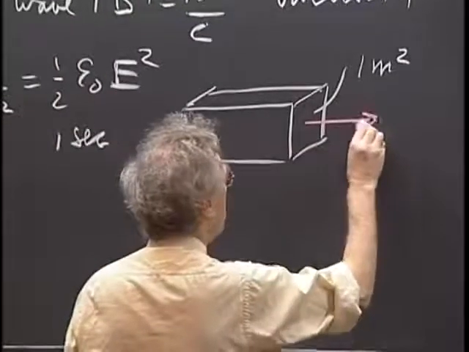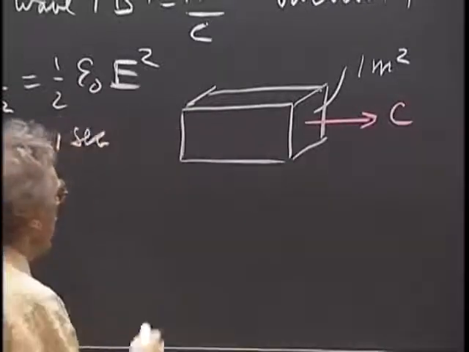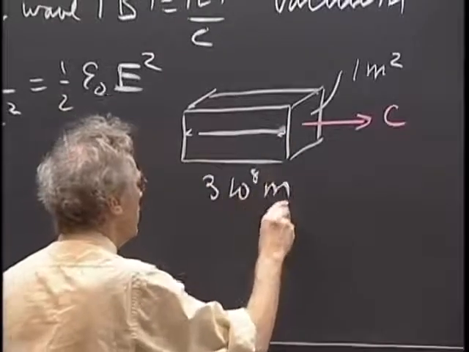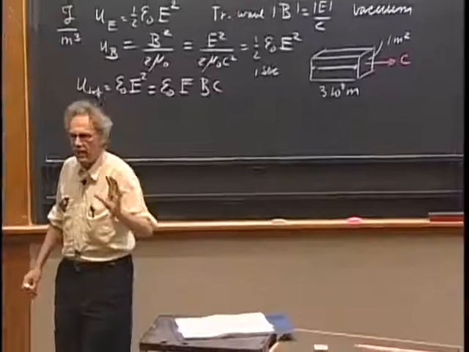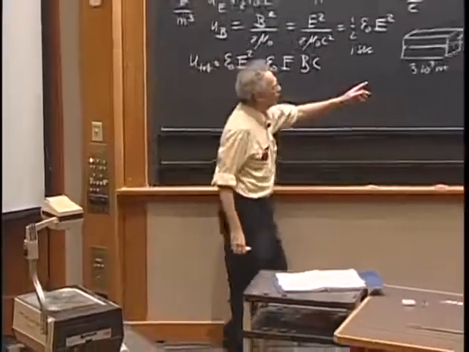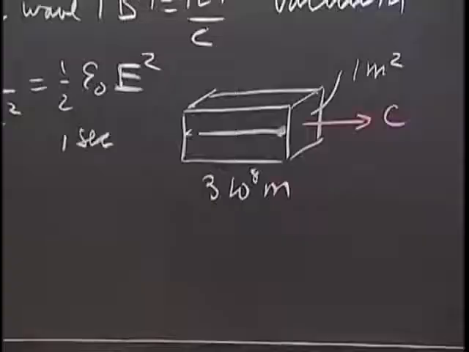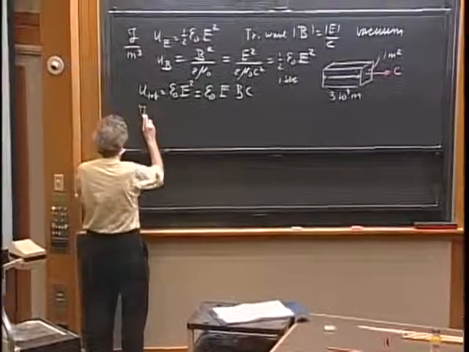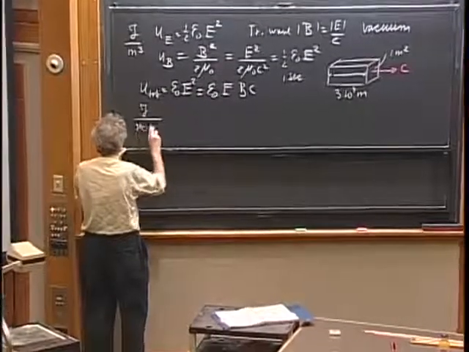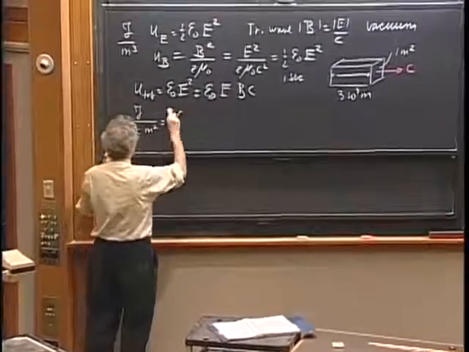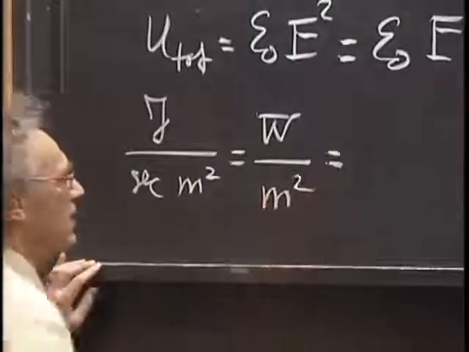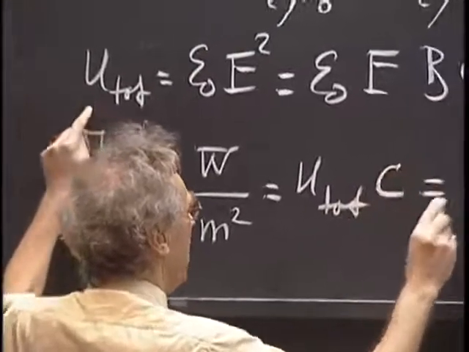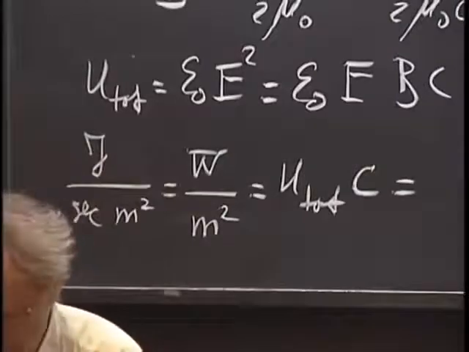So the radiation is flowing in this direction with speed c. So in 1 second, this box is quite a large box, 3 times 10 to the 8 meters. And all that energy which is in there will flow through this 1 square meter in the time of 1 second. And so the dimensions that we're talking about now is joules per second per square meter, which is also watts per square meter. And that now is, of course, the total energy density times c, the speed of light,